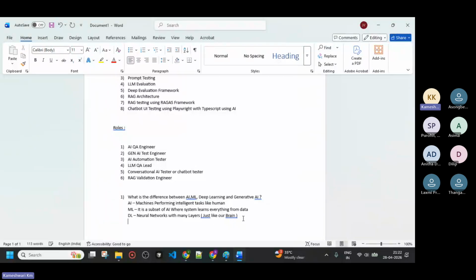DL. What is generative AI? AI that creates new content like text, image, code, whatever. Till now, AI did not have those capabilities; we were training and designing everything. But once generative AI came into the picture, it can create text, images, codes. It can generate anything with the help of AI. So that is generative AI.